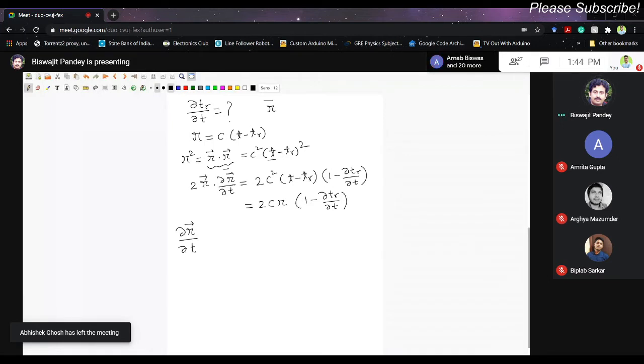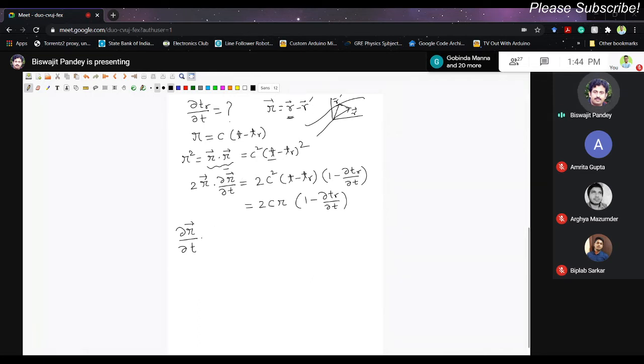And you may remember what 𝓇 is. 𝓇 is r minus r prime. You see this r is fixed. If you remember the picture, the charged particle is moving like this, and you have a field point labeled by coordinate r. The particle is moving, so r prime is changing, not r. So r minus r prime is changing because r prime is changing; r is fixed. So if I take a derivative of this curly 𝓇 with respect to time, the first term ∂r/∂t will be 0, and you will have minus ∂r′/∂t.